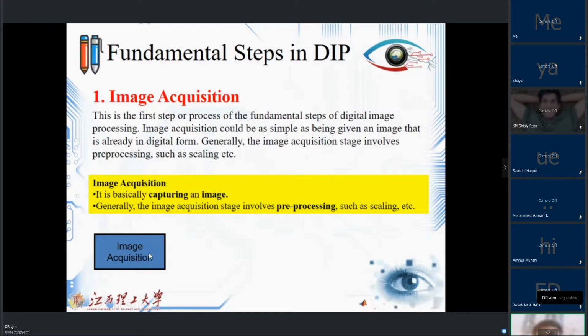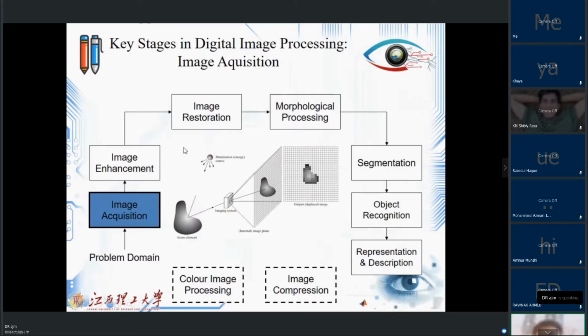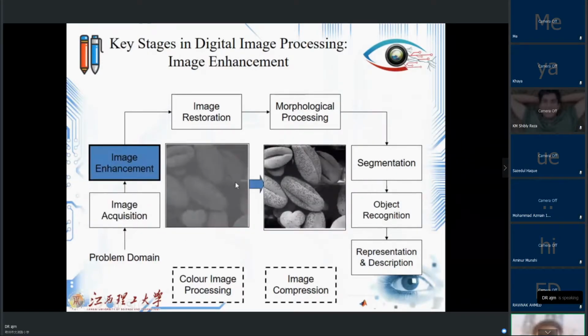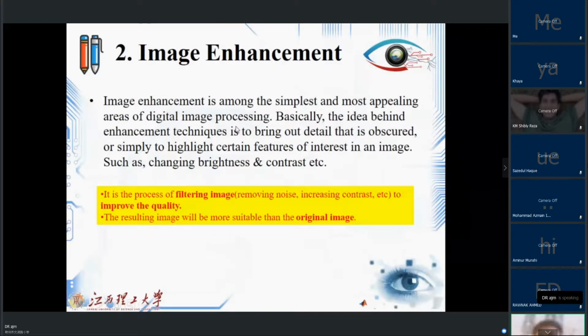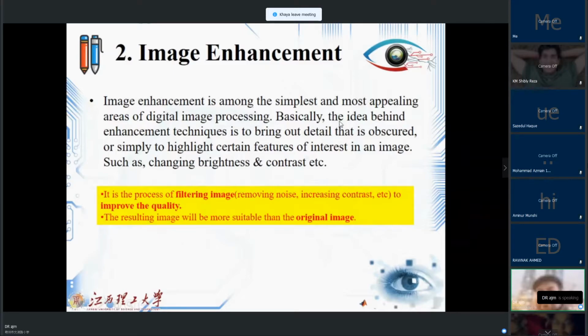The second part is image enhancement, which you will see. This is my captured image, and the next image is the image after image enhancement. But let us see what the definition is. This is the simplest and most appealing area of digital image processing, and basically the idea behind this is to